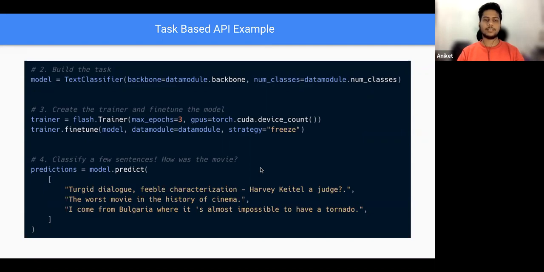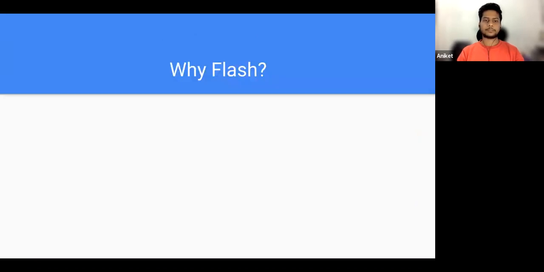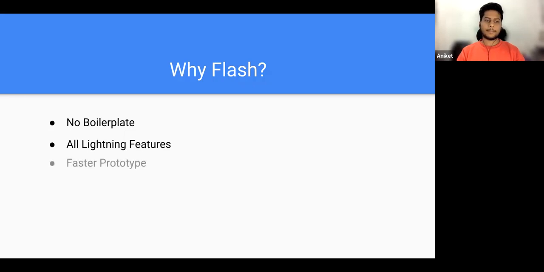So Flash really makes all these things encapsulated and abstracted, and I can just focus on what I want to do. With Flash, you do not have any boilerplate. You get all the features of PyTorch Lightning. You have a faster prototype and multiple training recipes available to you.